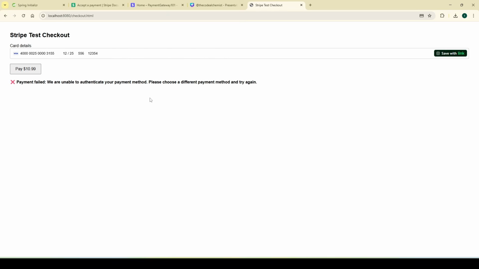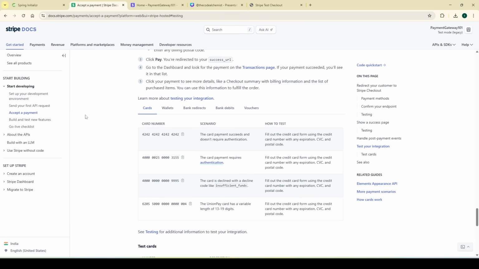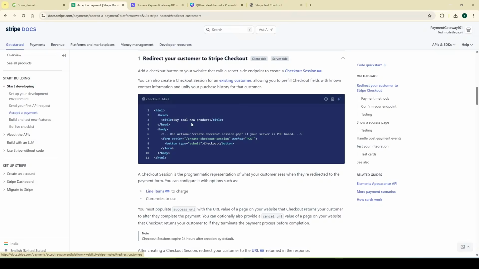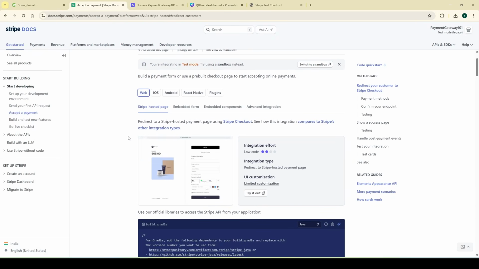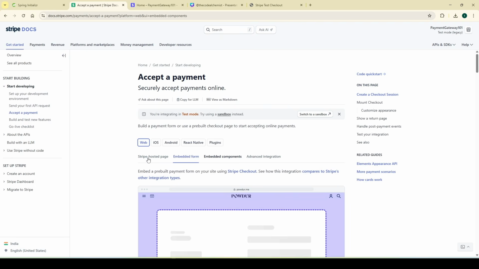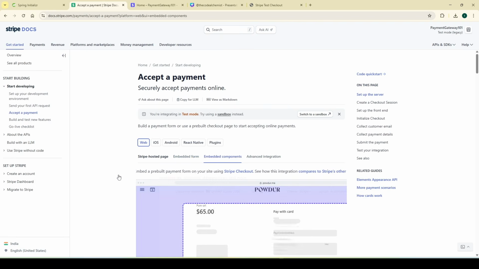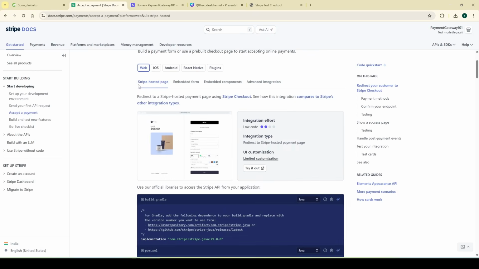So we will try a couple of them as we go on with this video. For that, if we go back to the accept a payment section, and here it is. You can see there are different ways for web to create the checkout page. I suggest you go through this documentation, but we will still try this particular piece, which is Stripe hosted page,